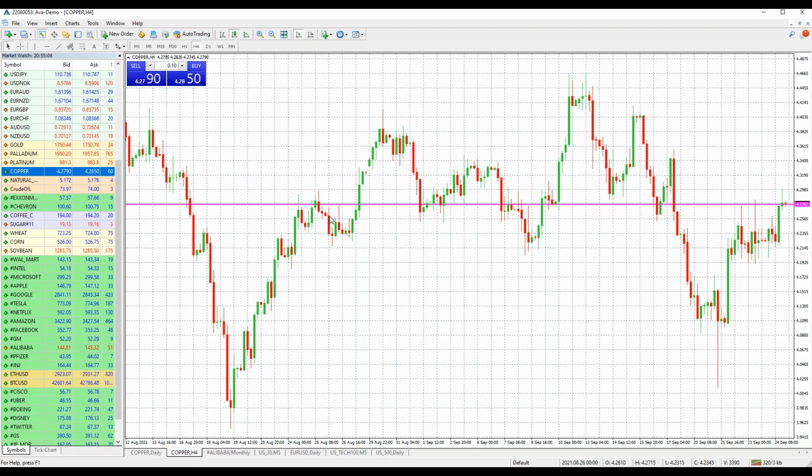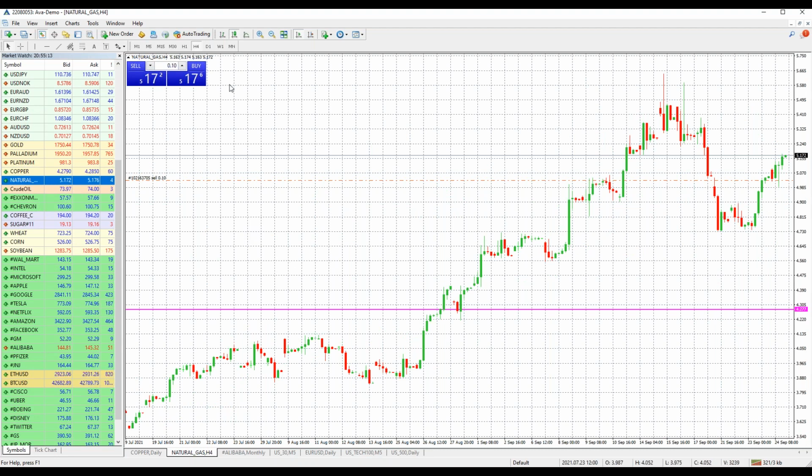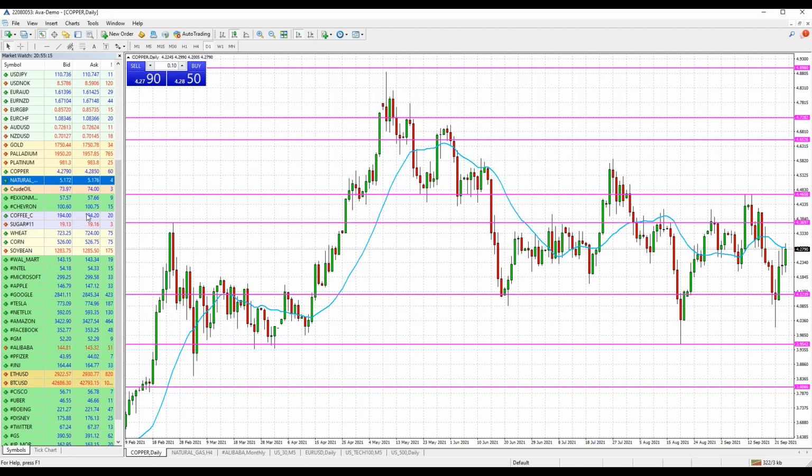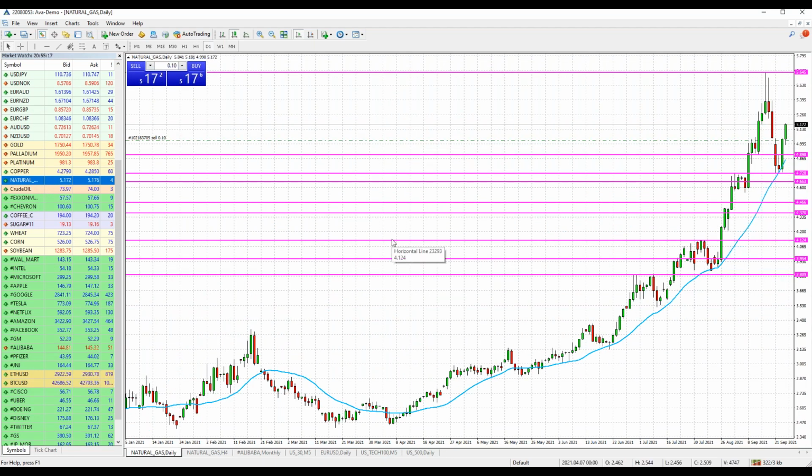So next thing, I want to bring natural gas. Take a look at natural gas. Let's see the old chart if it helps us. Natural gas,